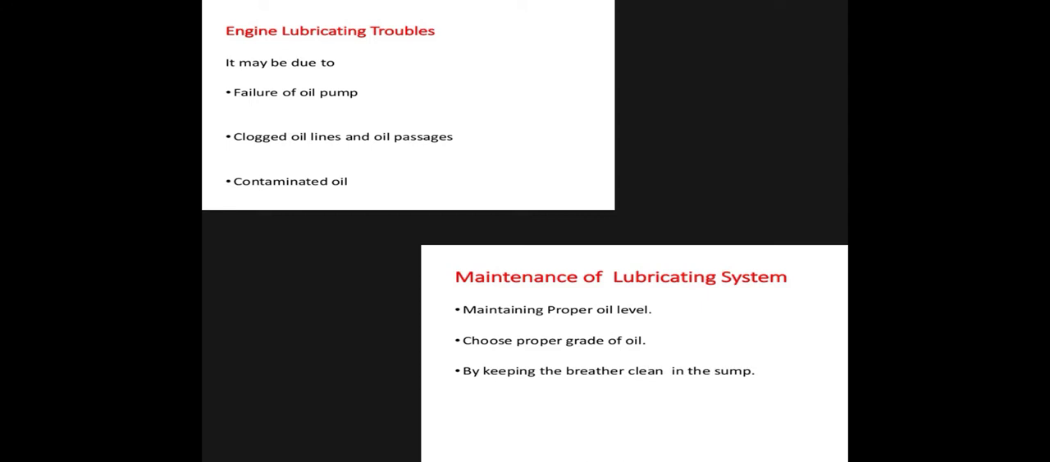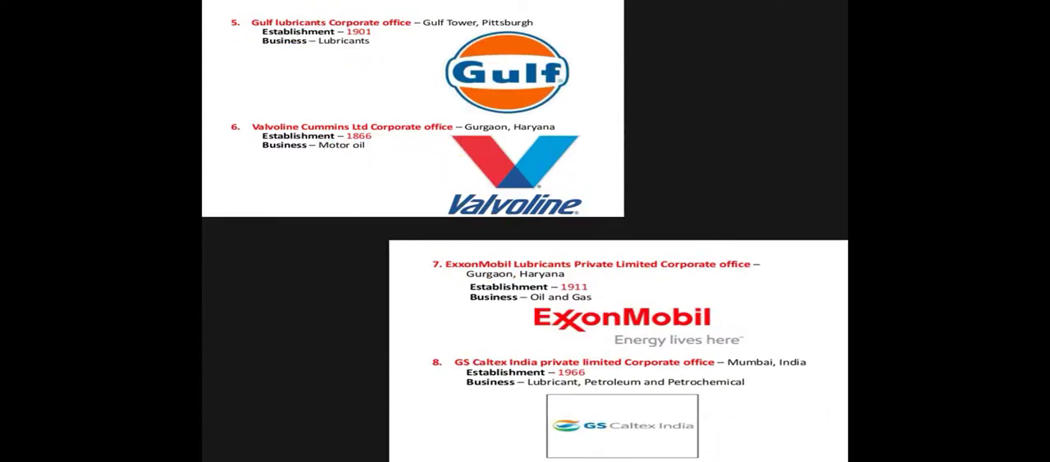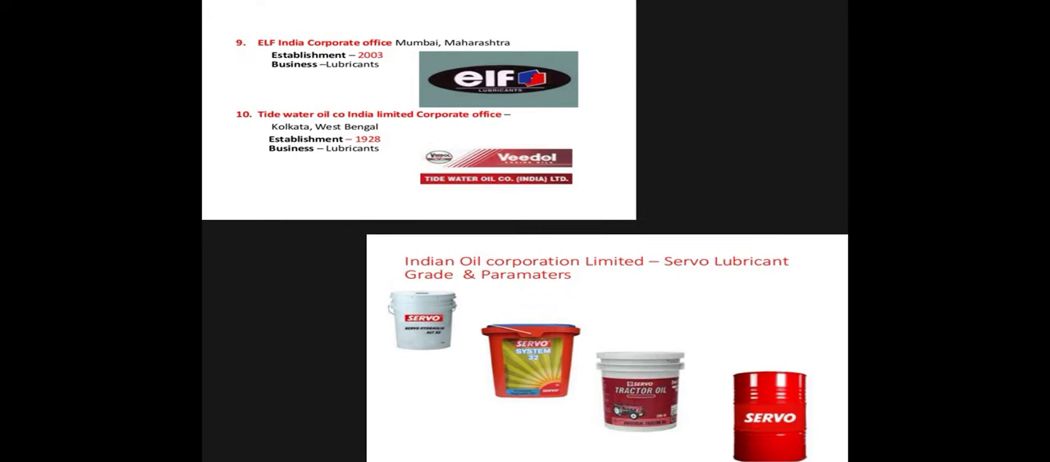Here are some of the lubricating companies producing lubricants. First, Indian Oil Corporation Limited, that is Servo Lubricants. Second, Bharat Petroleum Corporation Limited, that is Mak Lubricants. Third, Castrol India Limited. Fourth, Shell India Market Private Limited. Fifth, Gulf Lubricants. Sixth, Valvoline Cummins Limited. Seventh, ExxonMobil Lubricants Private Limited. Eighth, GS Caltex India Private Limited. Ninth, ELF India. Tenth, Tidewater Oil